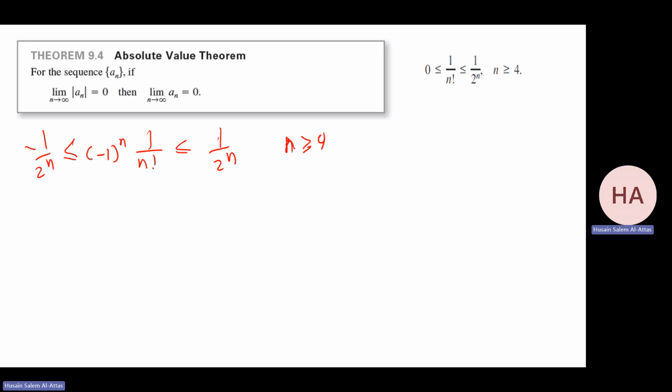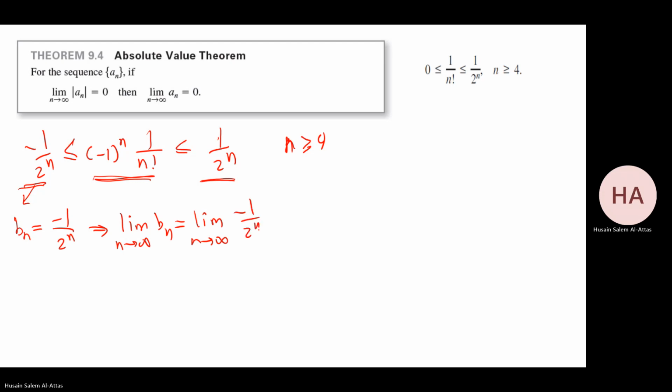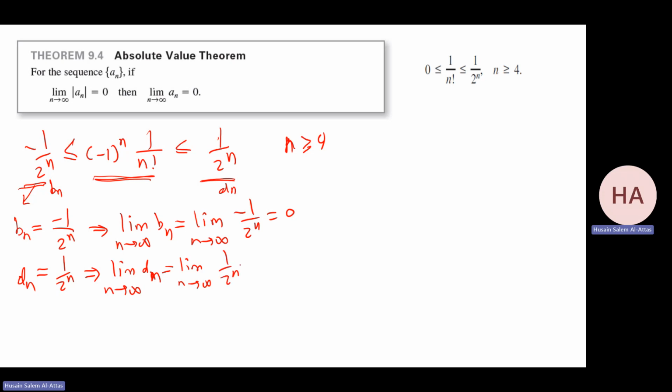Okay. So I squeeze this sequence between two sequences. Now I check this sequence, call it Bn, minus 1 over 2 to the power n. What will be the limit as n goes to infinity of Bn? Yeah, it's very clear, it's 0. And let me call this Dn, and this is Bn. Dn is equal to 1 over 2 to the power n. What will be the limit as n goes to infinity of Dn? That will be 0. So for sure, by the squeeze theorem,